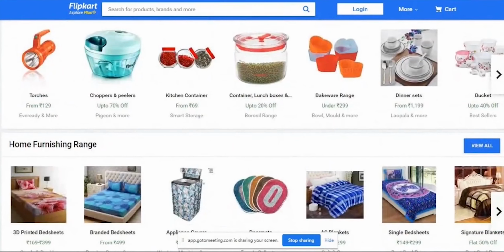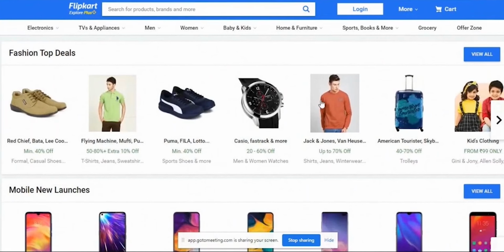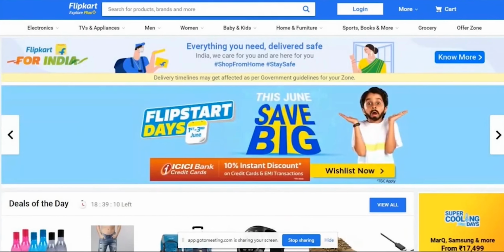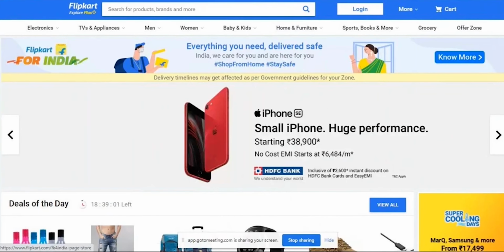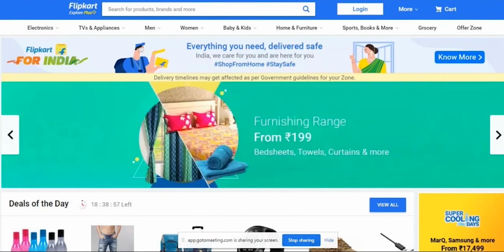So this is not a constant page. The offer page may vary. The Flipkart home page may also vary. If any sale is going on, the images will slide or change. But if you click on the login page, the page will be the same. That is a constant page, or a static page.